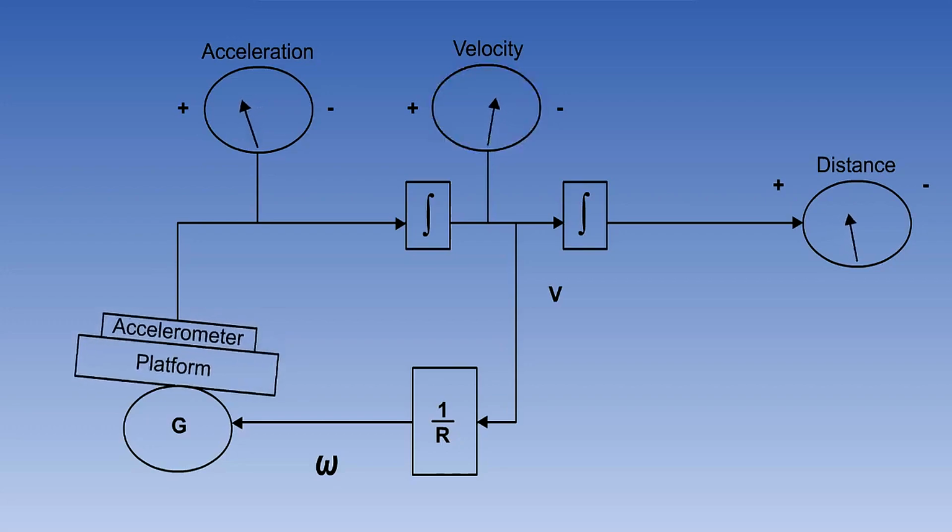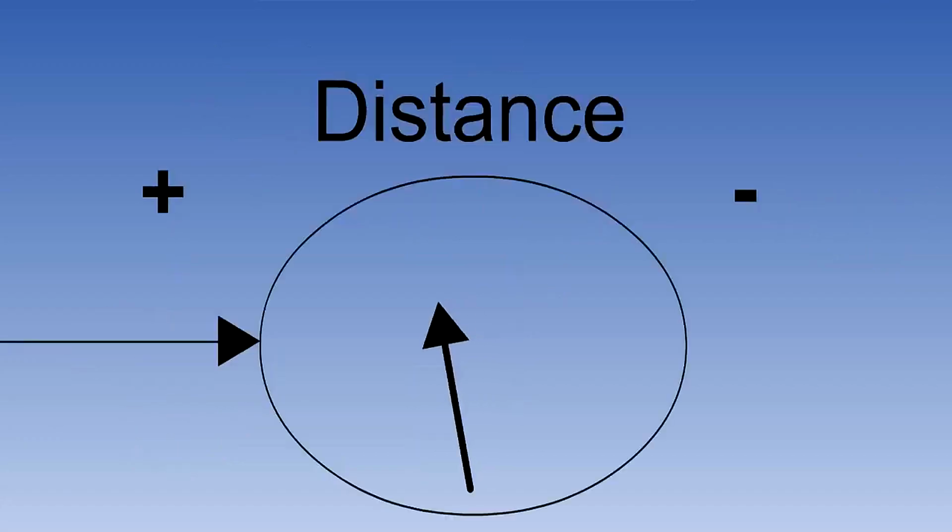So the acceleration is now negative. This will become a negative velocity, which will be integrated to reduce the distance error and fed back to bring the platform back to the level. However, we still haven't finished. We still have a velocity in the system, which will be fed back to drive the platform to its original position. So the system is now in precisely the same configuration as it was at the moment of selecting Navigate. The whole loop has oscillated one full cycle to return to its initial configuration.